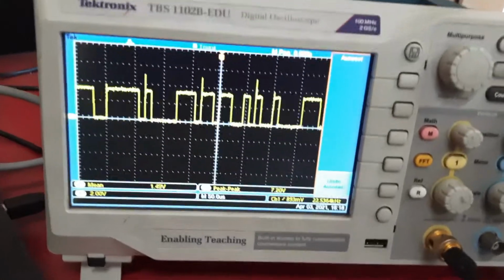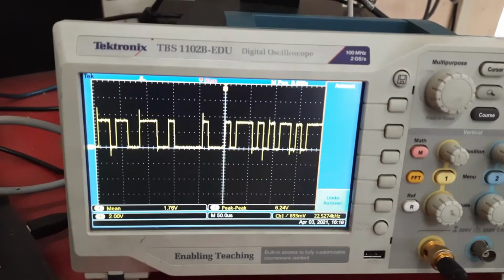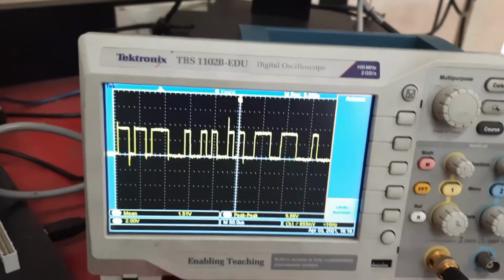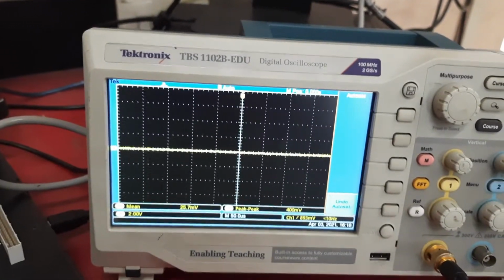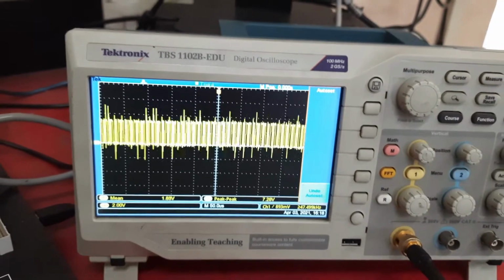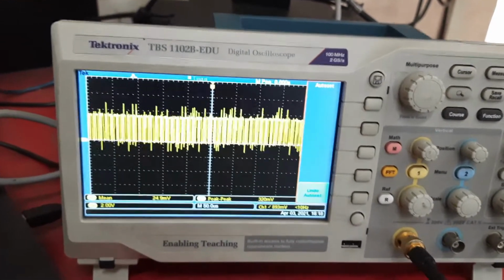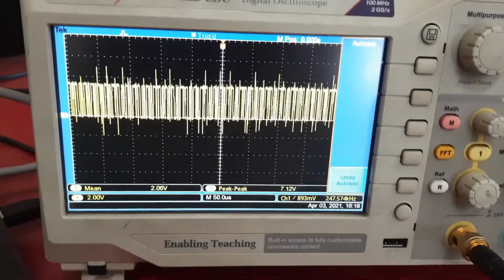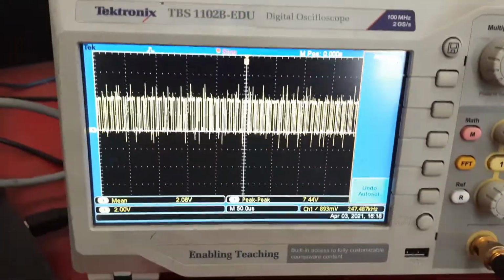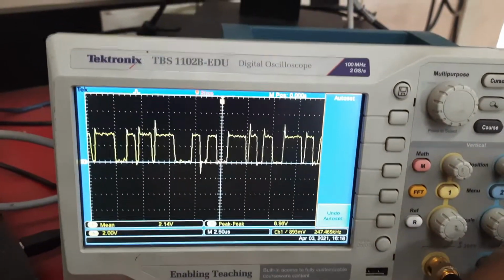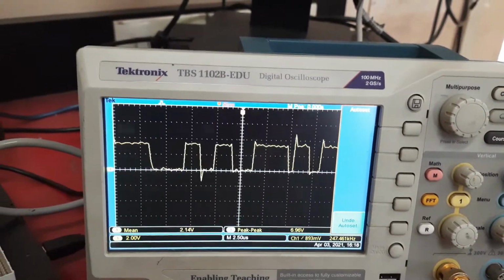This is the Q data, quadrature control, and similarly I spread and Q spread. This is the spread signal, I spread and Q spread.